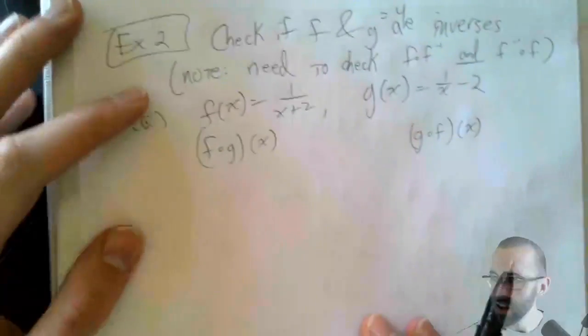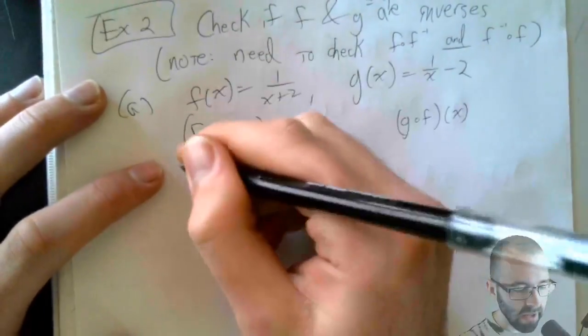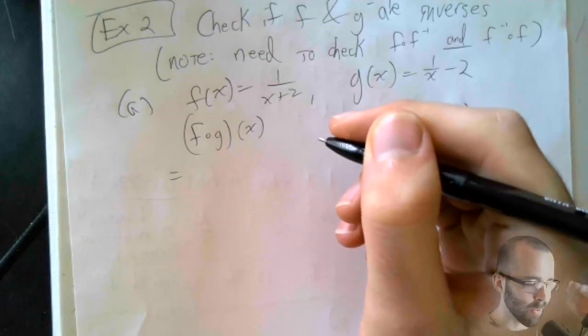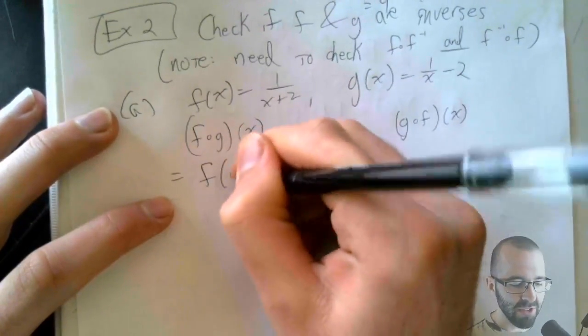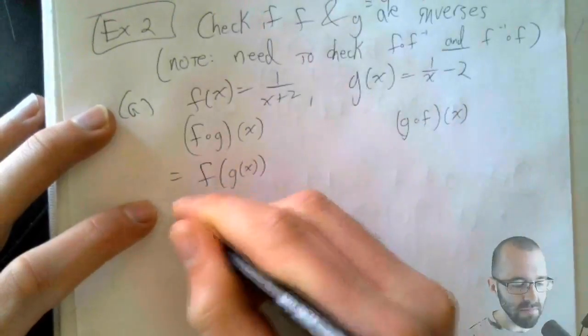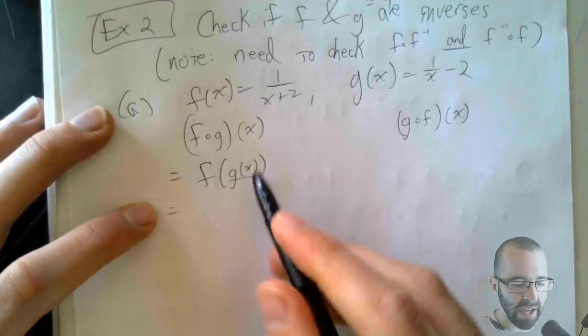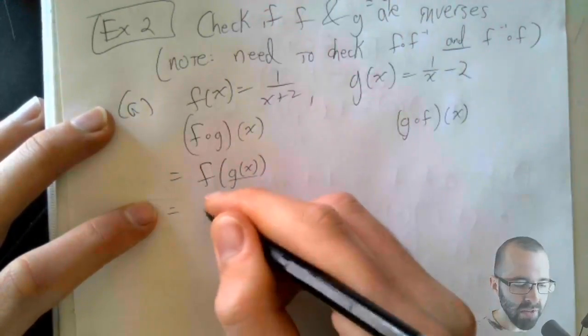Okay, so we just go along and say, okay, well, let's see. We already did this. This is 3.4. This is easy. So you say f of g of x. And then we start on the inside and work our way out. What is g of x? It's 1 over x